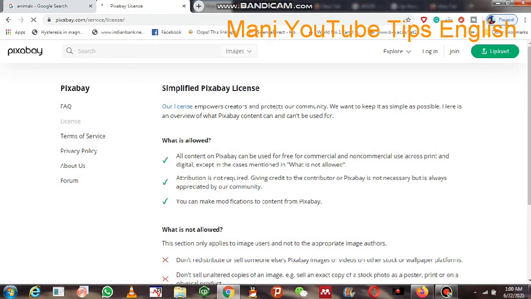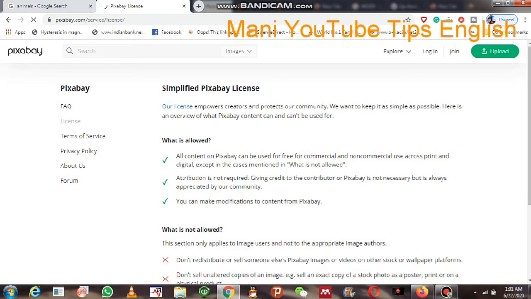What is allowed? All content on this website can be used for free for commercial and non-commercial uses across print and digital, except in the cases mentioned in what is not allowed. You can read what is not allowed. Attribution is not required. Giving credit to the contributor or this particular website is not required, but always appreciated by our community.